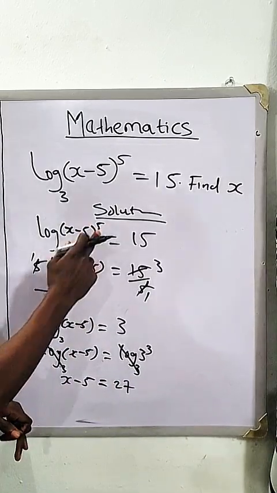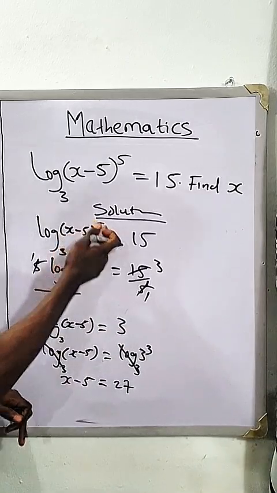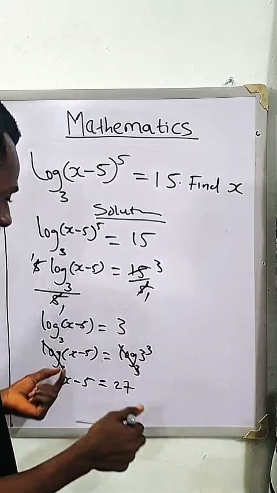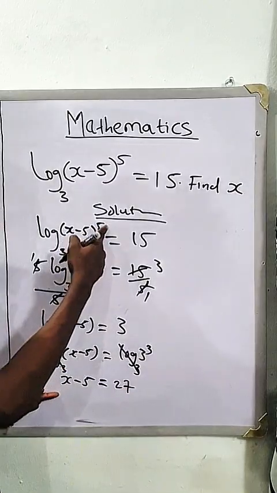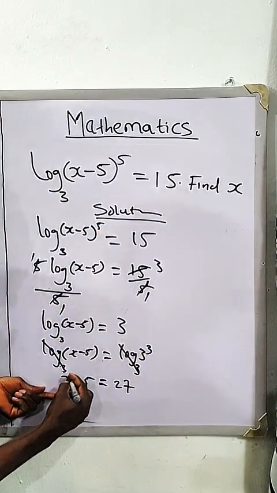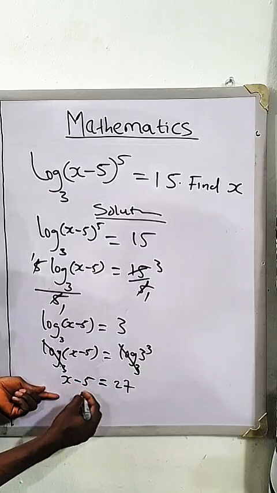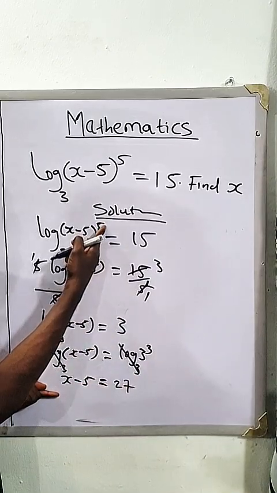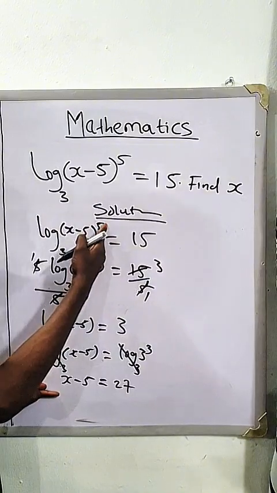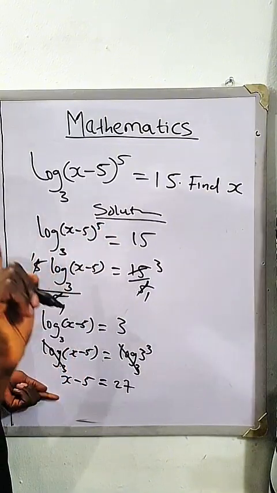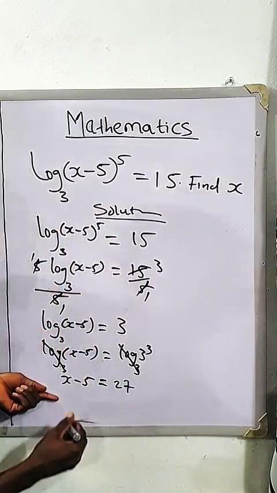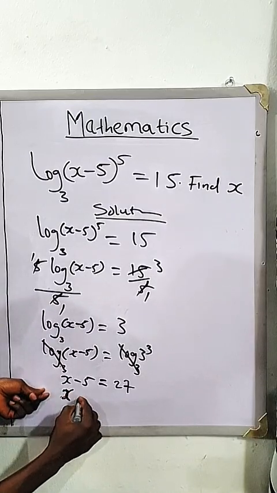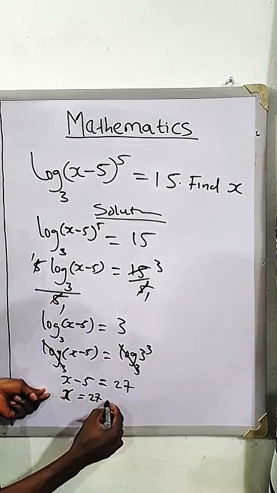Remember, the power is an odd number. Let's assume this power is an even number. We'll be having 2 values of x. As it is 27 here, we're going to say that x minus 5 is equal to plus or minus 27. But because the power, this index, is an odd number, we're going to have just one value of the unknown, which is x. So x, we collect like terms, x is equal to 27